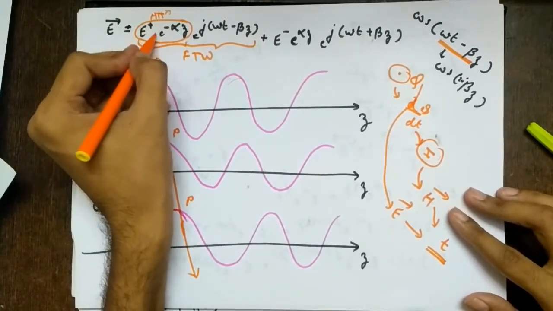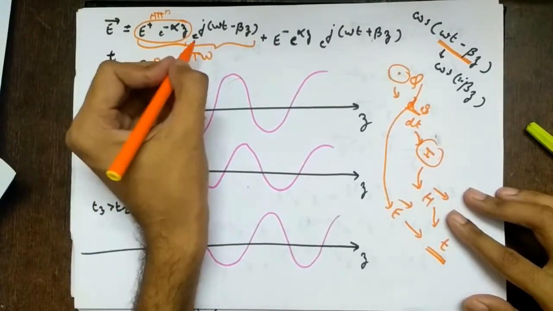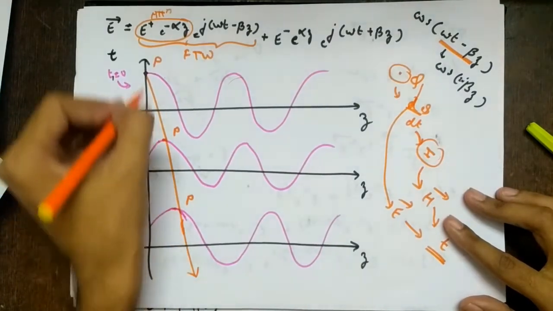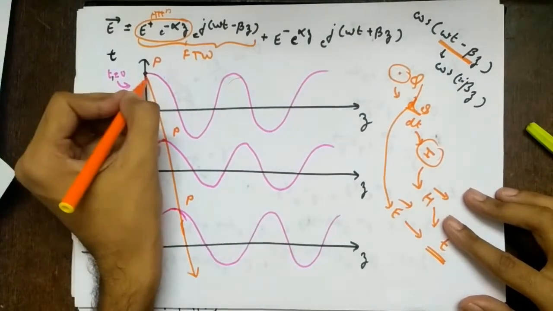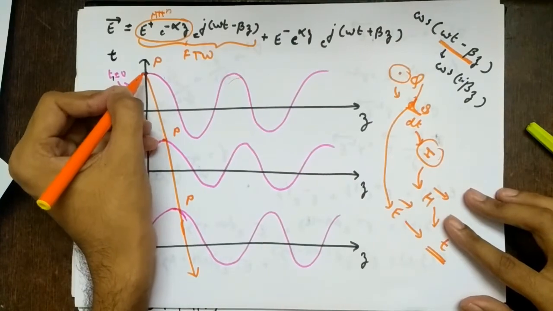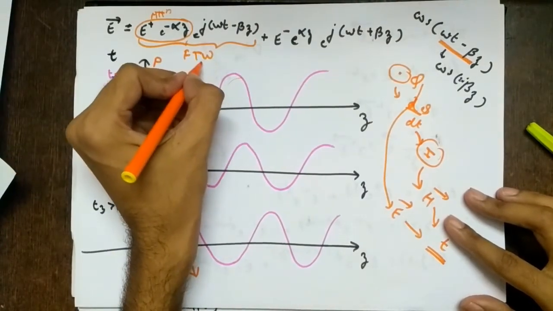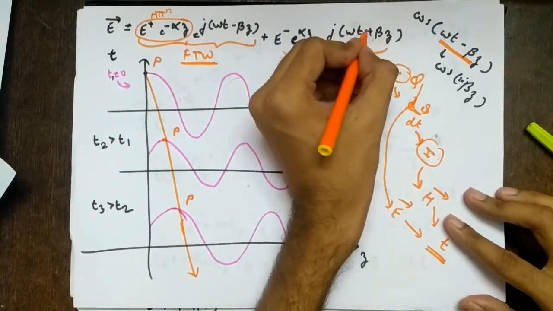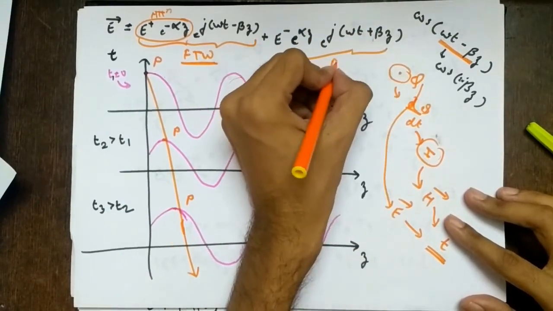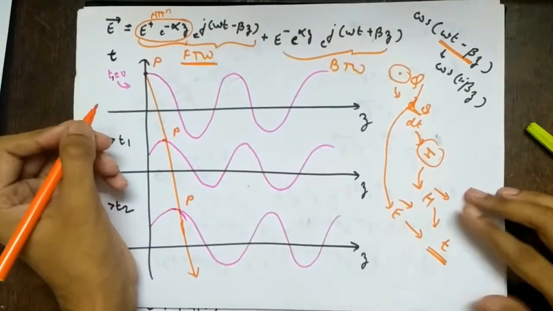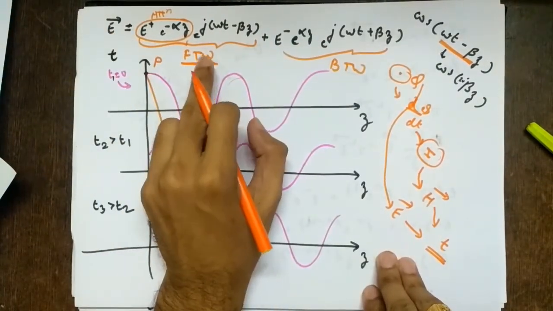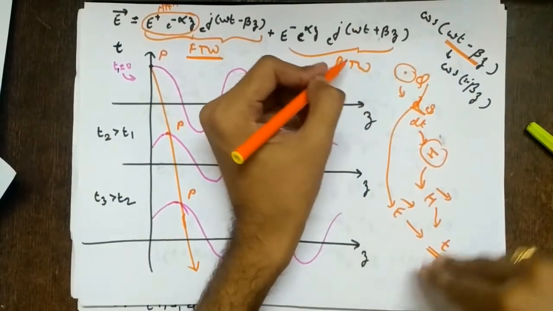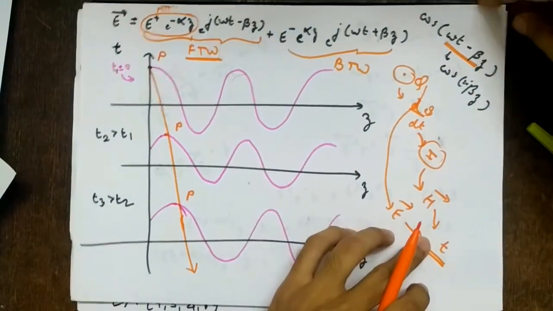This we'll see in detail in transmission lines, so I'll not go into detail on that. But what I have proved is that this term indicates that the wave is traveling forward. So this signal which we were calling a signal so far is not a signal anymore. It is actually a traveling wave. Similarly, if you do this for omega t plus beta z, it will come out to be a backward traveling wave. So the electric field is a combination of forward and backward traveling waves. Where we get the backward traveling wave, we'll see in transmission lines, which is the last module.